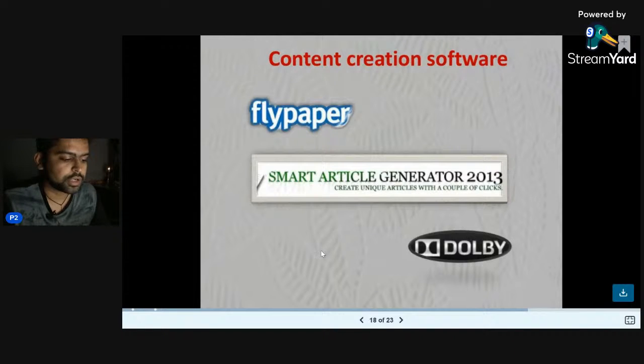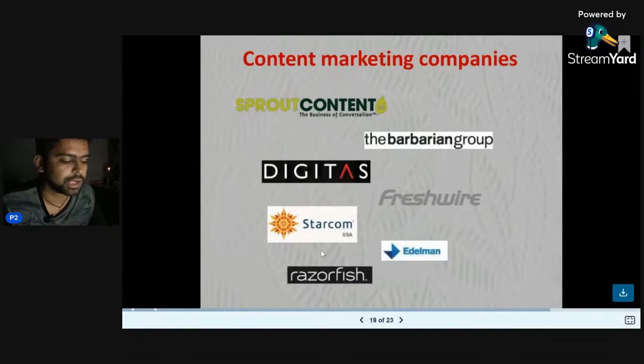And finally, content creation software. I think this is again another thing that you don't really need. I would just give you a few options. If you are creating text based content, you literally don't need any external tool. If you are using video based content, you can use mobile based apps like InShot or Vita, or you can even use PC based software like InVideo. And for audio, you can use Audacity just to edit your audio. And of course, for images, you can use Canva. That is a better option, so just skip this part.